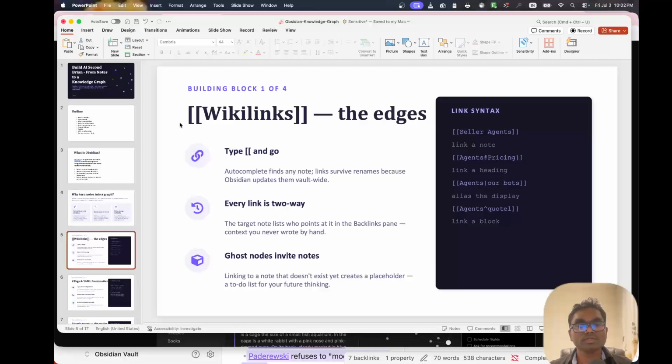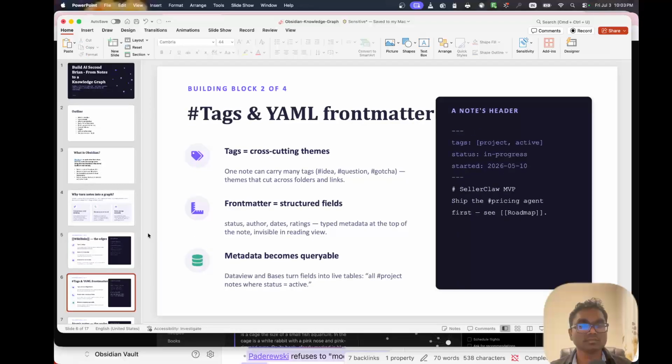So Obsidian is nothing but note taking, right? Inside the note taking, we can create links using these brackets. When you put everything into the brackets, it will become a link. These are the links that are useful to connect from one note to another note. A link is two-way. And also there are other ways to